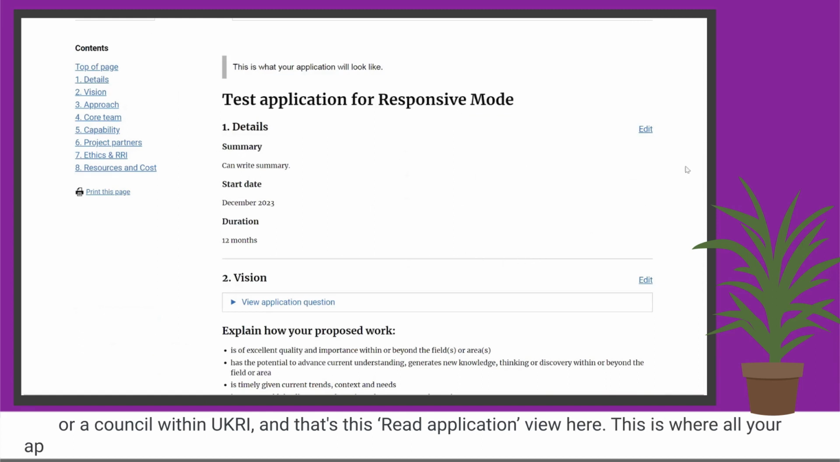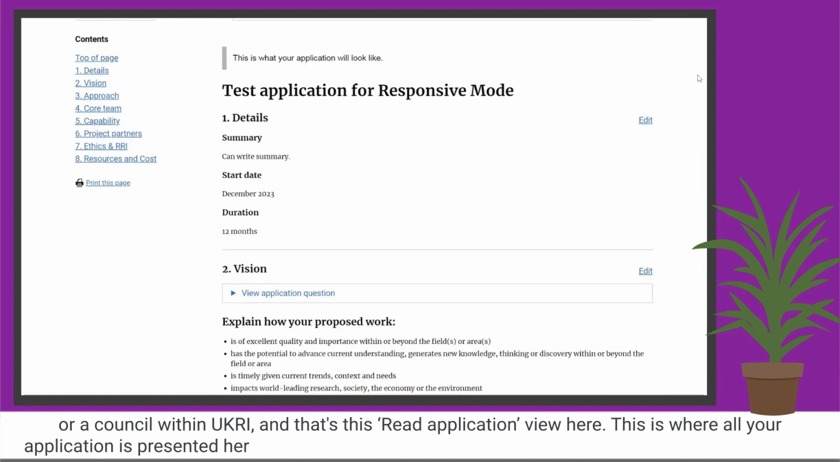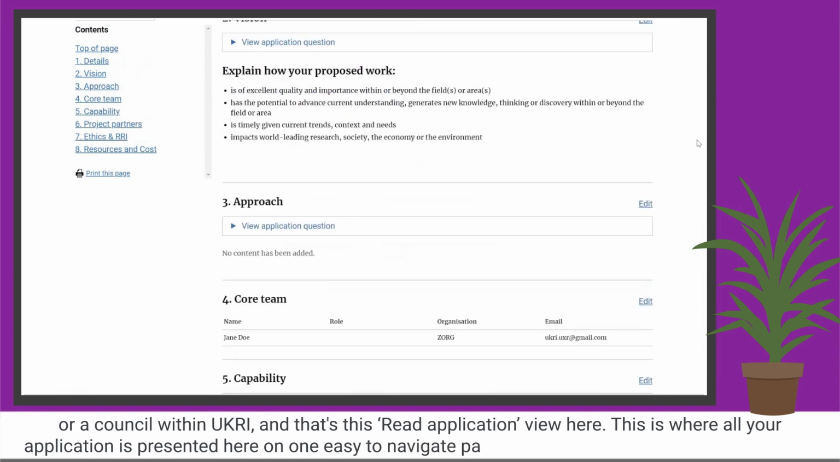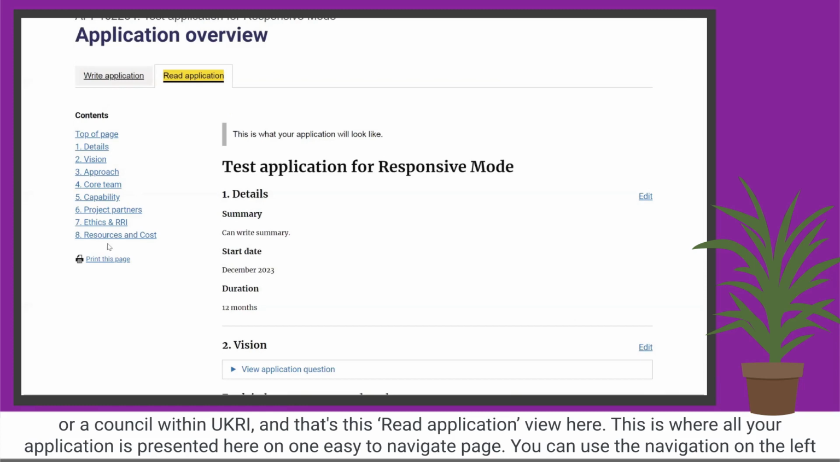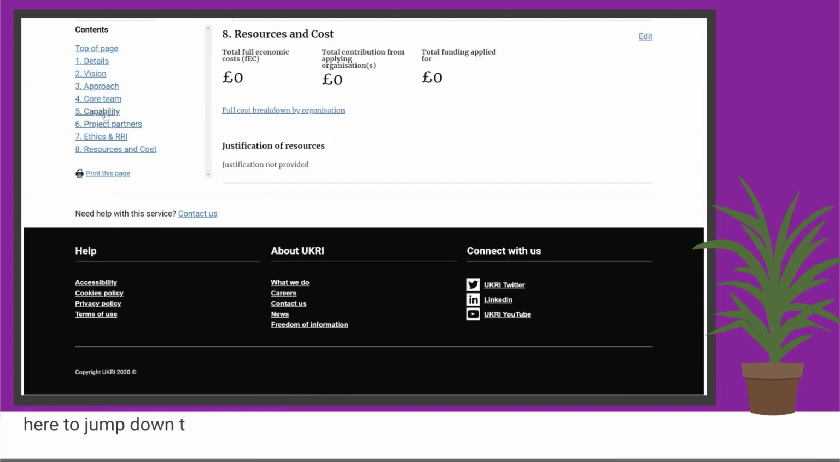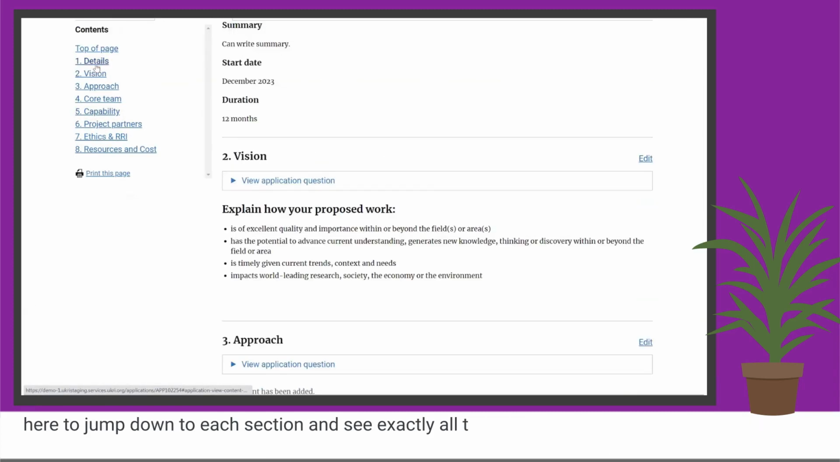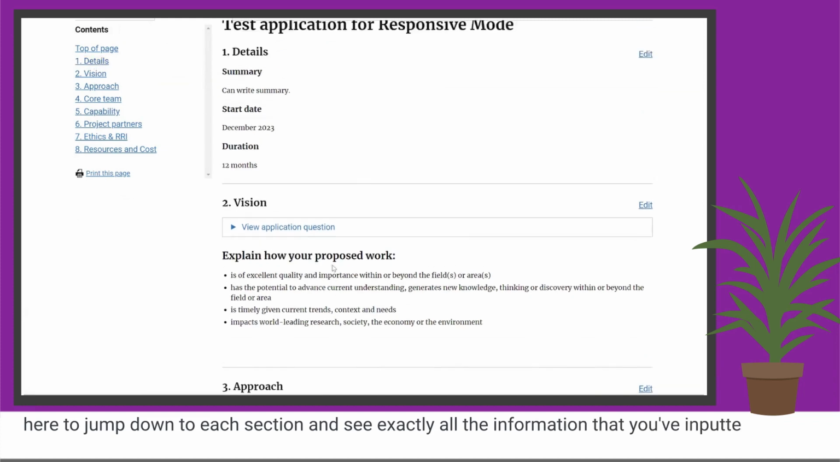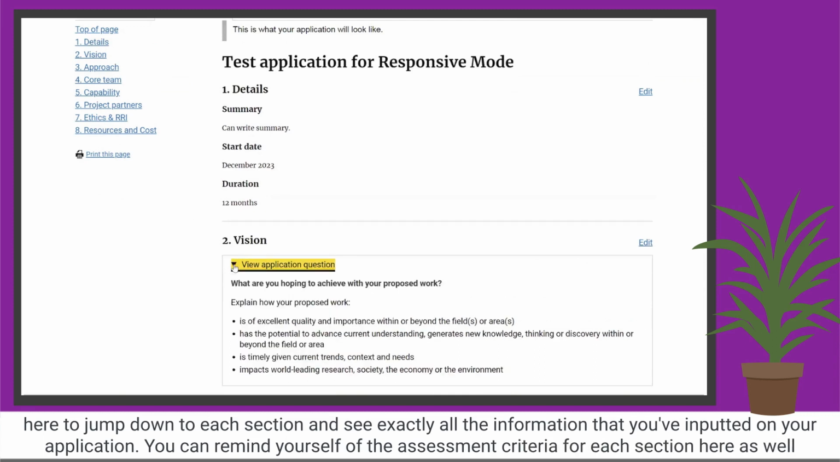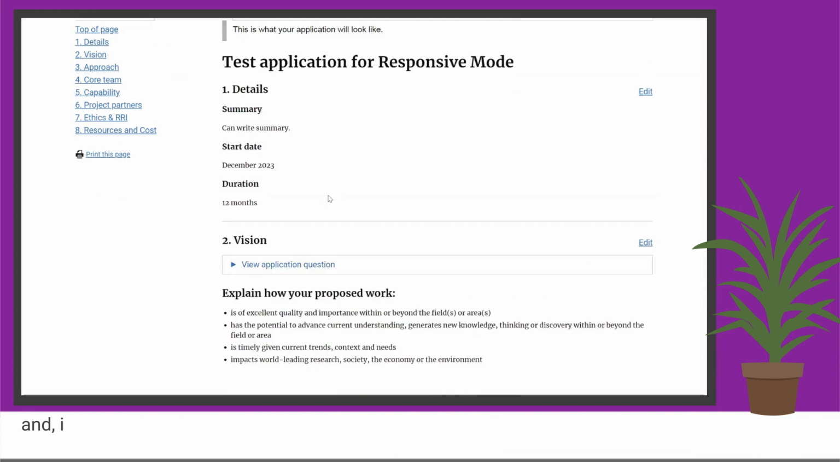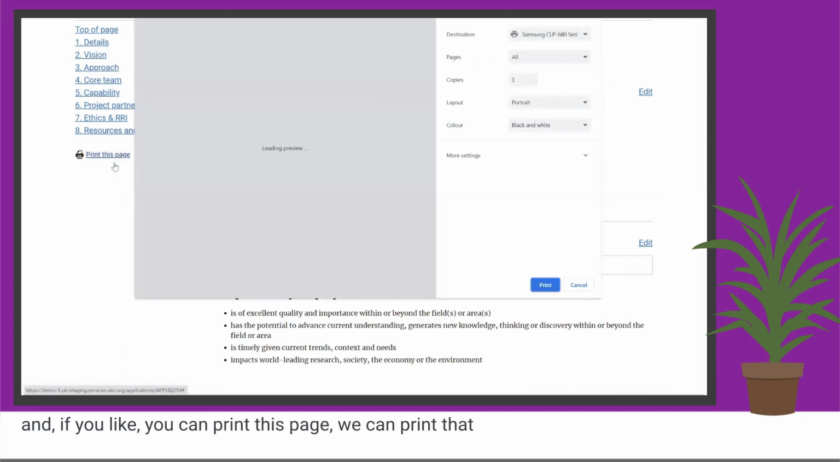This is where all of your application is presented here on one easy to navigate page. You can use the navigation on the left here to jump down to each section and see exactly all of the information that you've gone and inputted on your application. You can remind yourself of the assessment criteria for each section here as well. And if you like, you can print this page. We can print that to PDF